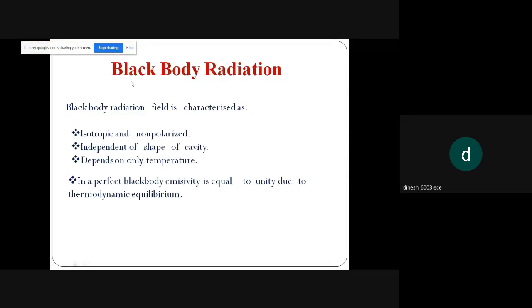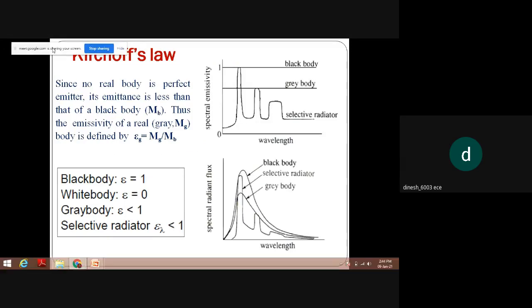Yeah, black body field radiation is characterized by isotropic and non-polarized structure, independent of the shape of the cavity. It depends only on temperature. In a perfect black body, emissivity is equal to unity due to thermodynamic equilibrium. So these are the characteristics of a perfect black body. So this is Kirchhoff's law